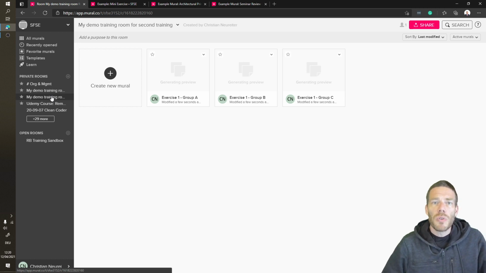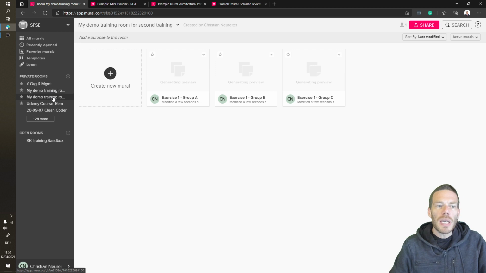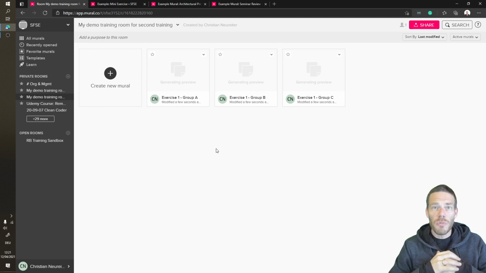And whenever we are going to start the new session of this training, or we start the new semester at university, we just can duplicate the whole template room and we have all the murals prepared. And this is pretty fast. Okay, so I think with these informations, you should be set to organize a training room with all the exercises